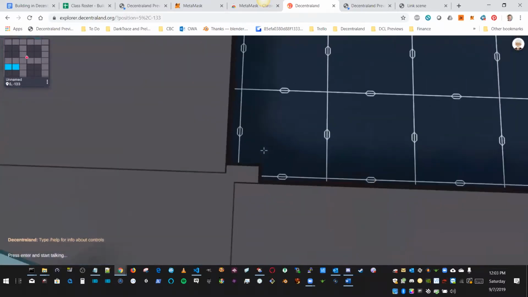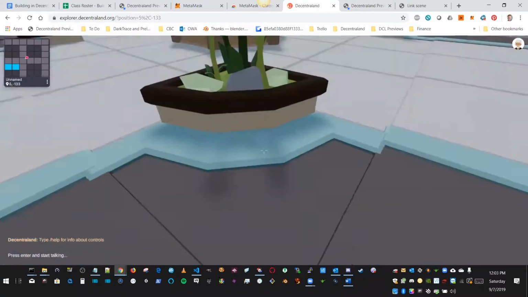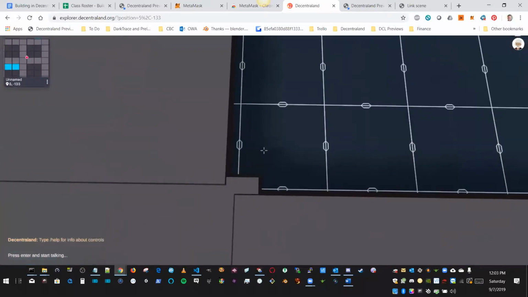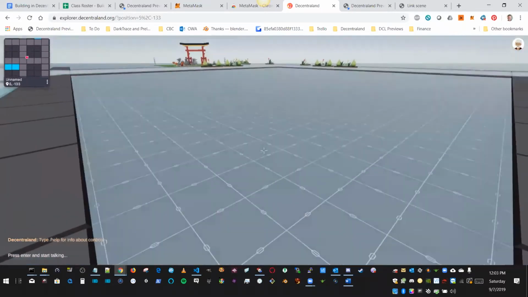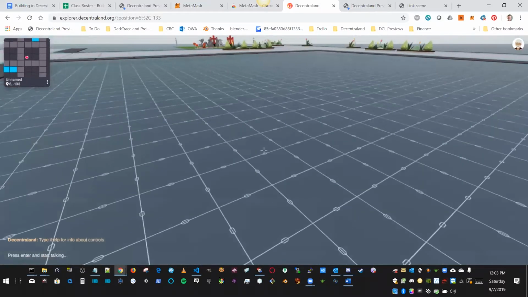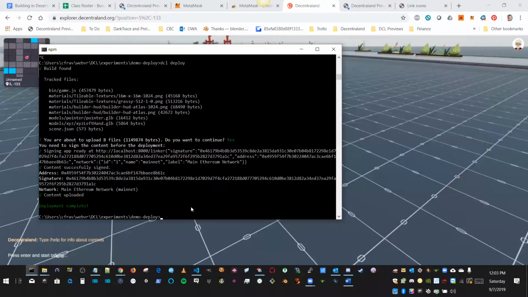Is that actually some road on my land? Maybe that's, no, but we deployed something here before. Let me go back to